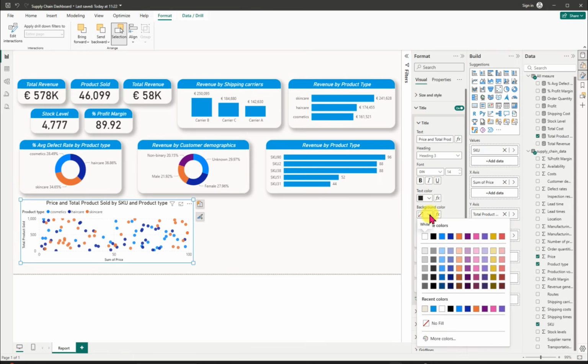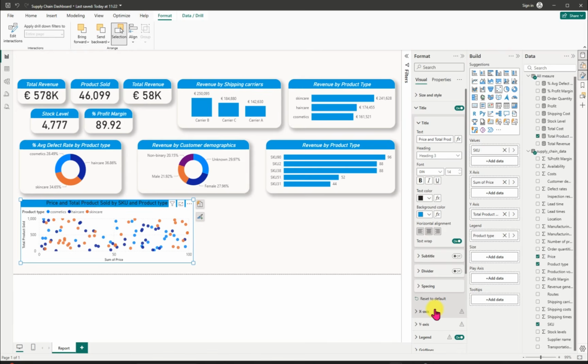Then let me go to this and let me see if this is right. I think that is right. I'm going to make it italic. I'm going to make it white. Then the next thing is I'm going to,